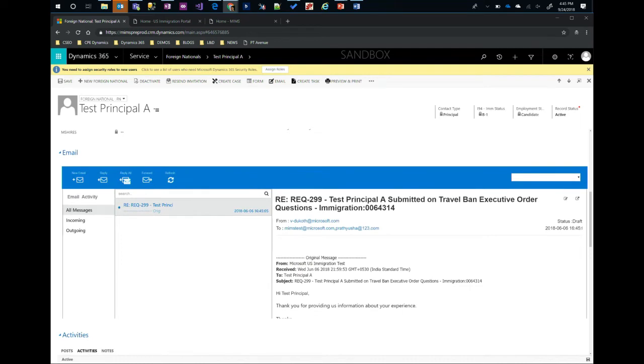here's something which we have enabled as the App Source solution, as I was describing. We'll talk about it in more detail tomorrow, but this is something which enables very efficient email exchange from the system in a very modern, UI friendly way. If I was to open any of the cases associated with this foreign national,